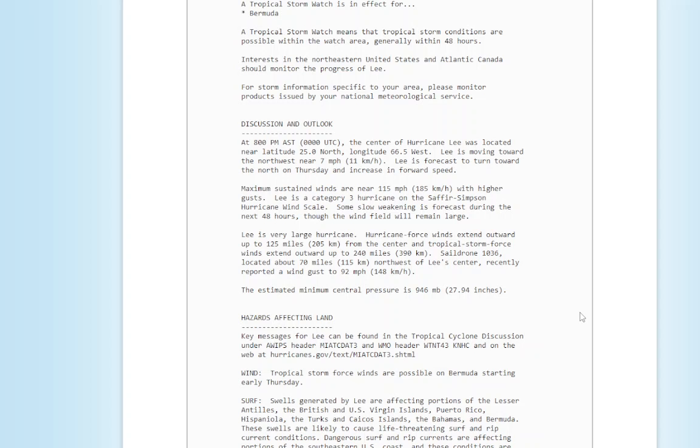Lee is forecast to turn toward the north on Thursday and increase in forward speed. Maximum sustained winds are near 115 miles an hour. Lee is a Category 3 hurricane, and some slow weakening is forecast during the next 48 hours. They don't think that this is going to go back up to a Category 4 again, which I guess we